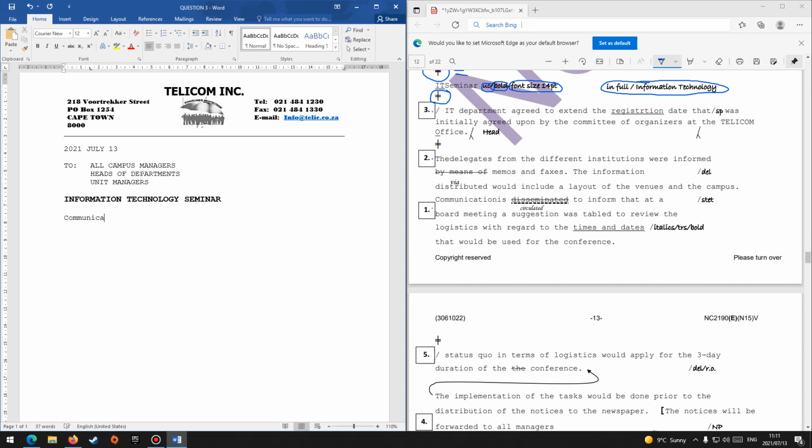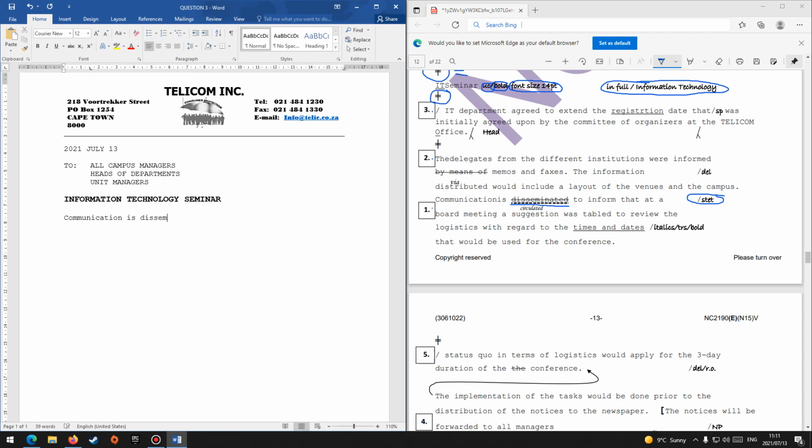Communication is, and then we have disseminated and circulated. Disseminated is scratched out, but it is also underlined. And stet means keep the one that is underlined. So we need to keep the word